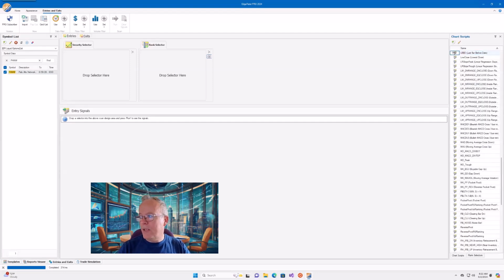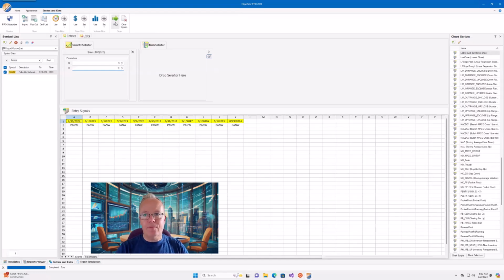It'll be last bar before date. What's today's date? Today's date is 9/2. So I'll say 9/2 on there, and just run that entry, and it's given me all the days where it's the last bar before 9/2. These are all events that can now be used in a trade simulation. We should have 10 of them. So 1, 2, 3, 4, 5, 6, 7, 8, 9, 10. And then we also have this year's one, but because we don't have enough data going forward, we're not going to include that in the seasonality.